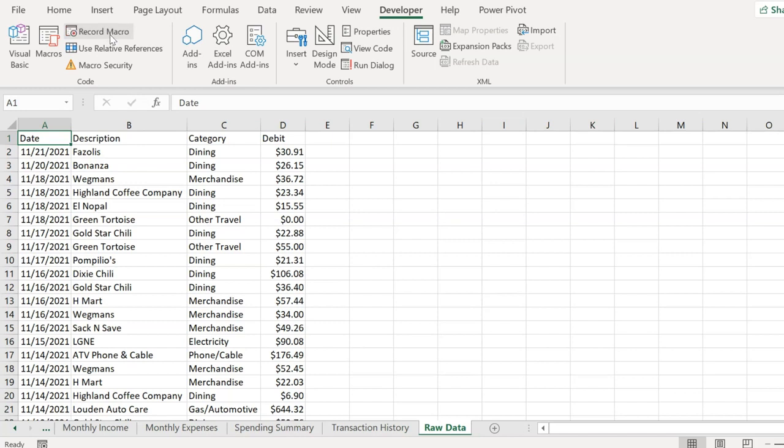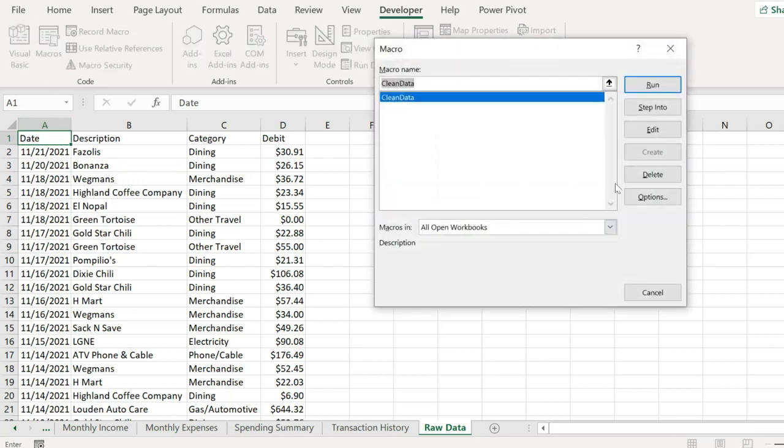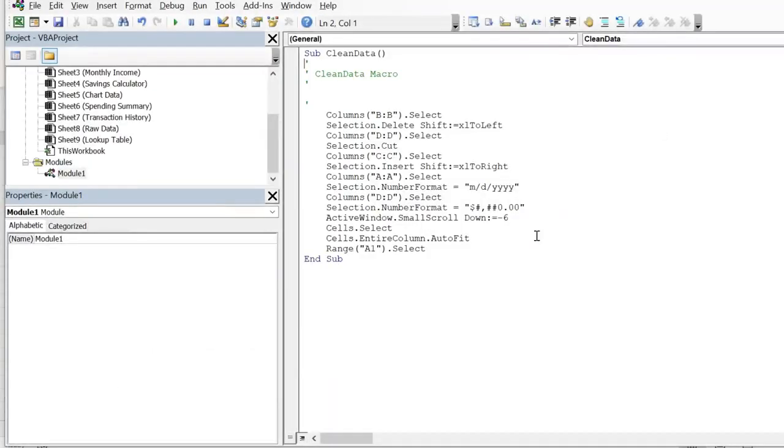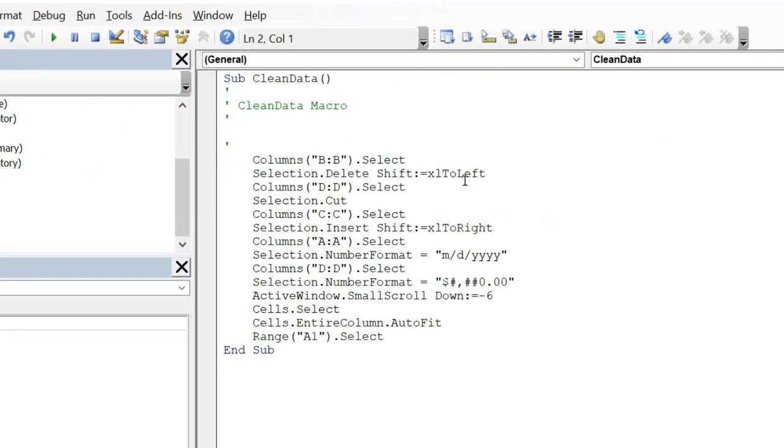So I'll hit Stop Recording. And at this point, I could definitely go ahead and test the macro, but as a best practice, I always like to take a peek into the generated VBA code just to see if there's anything that looks awry. So to do that, I'll hit Macros, and then Edit My Clean Data macro, and just scanning the lines of generated code,